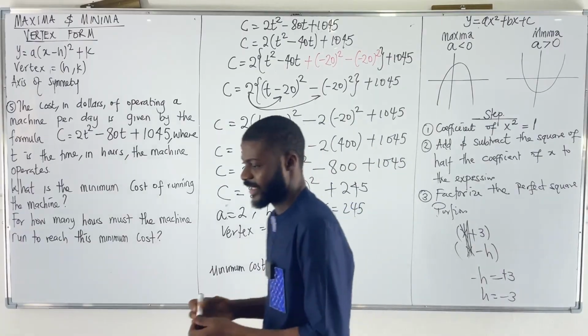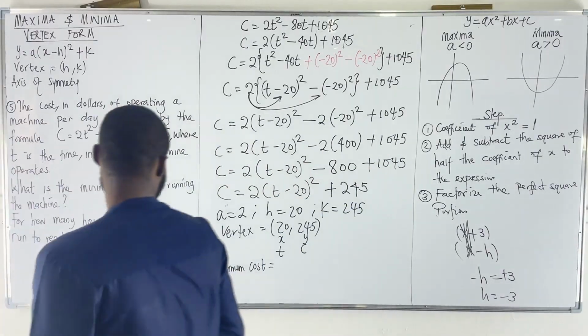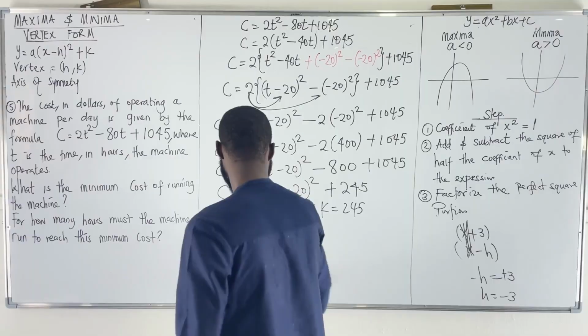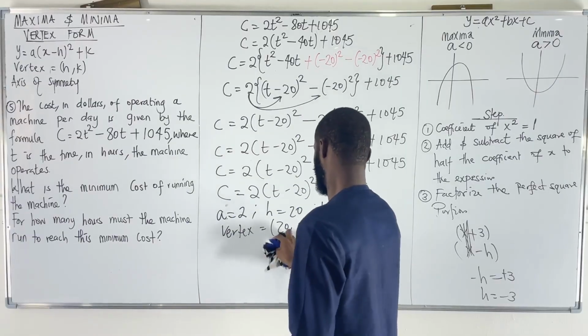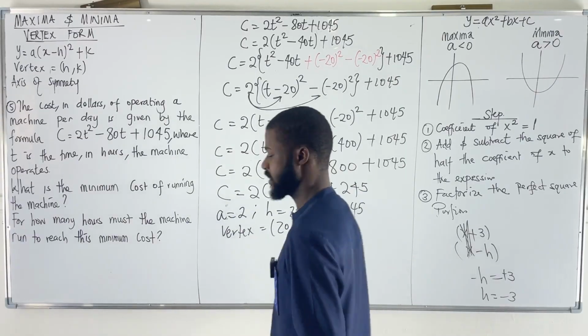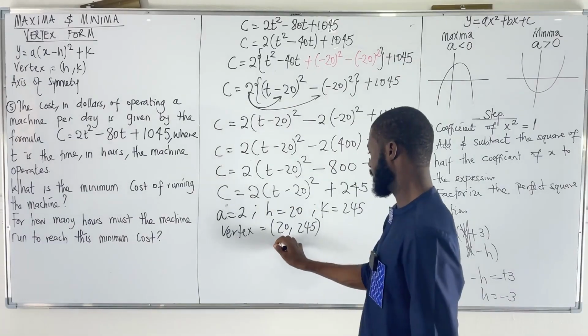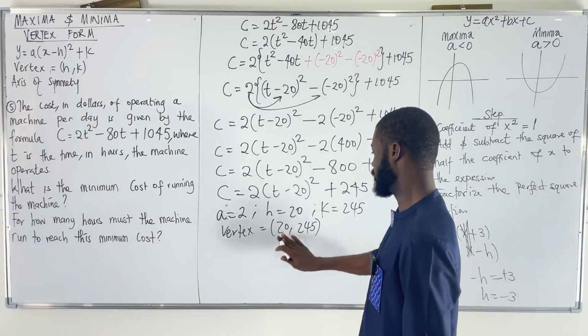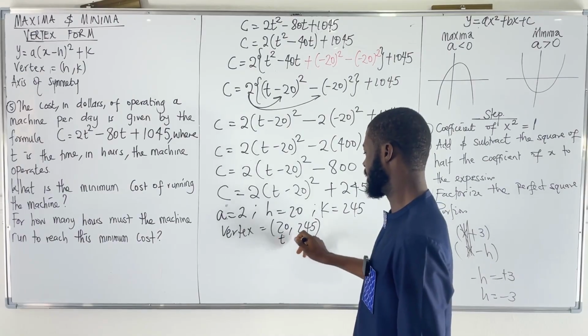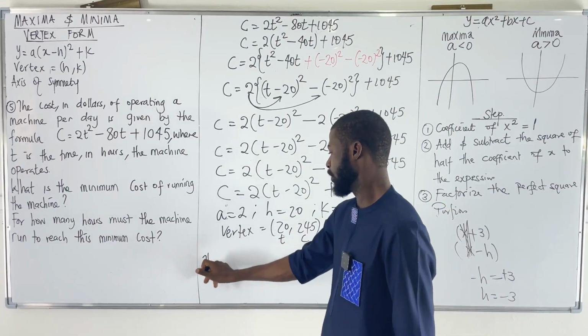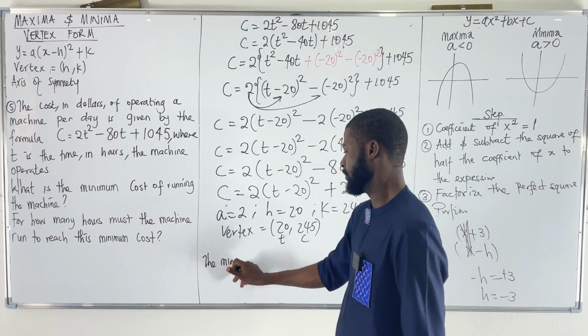Okay, I need to put that in a sentence. So this is X and this is Y. So this is, let me just go straight. This is T and this is C. So the minimum cost,